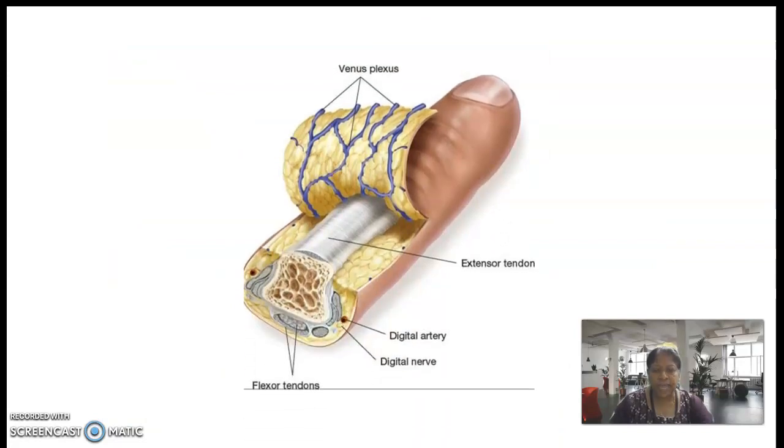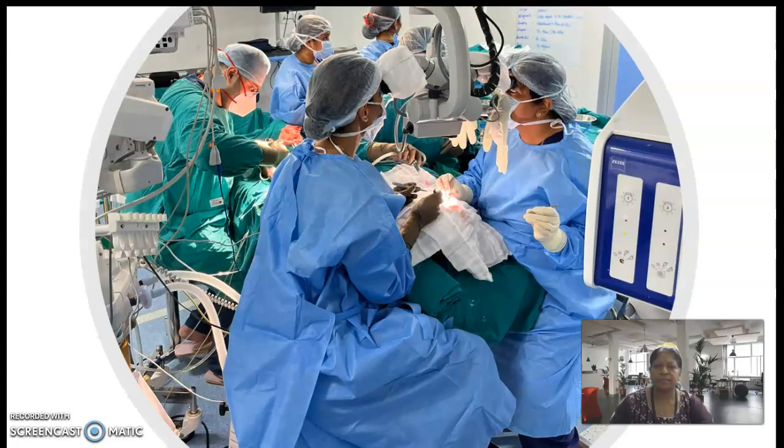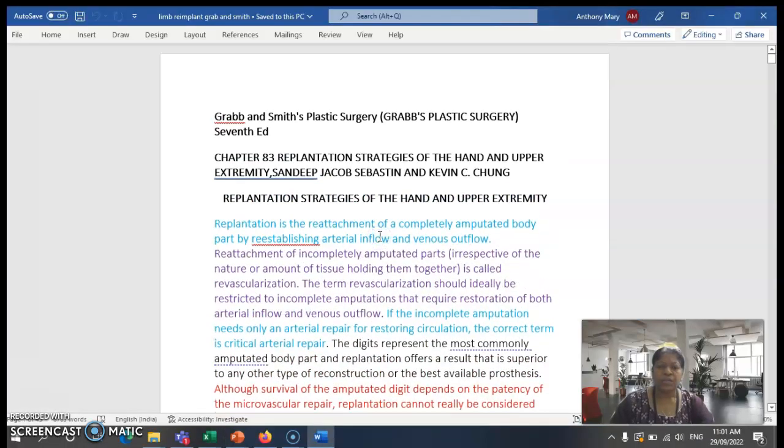So that the surgery is a success, the surgeon must be aware of the anatomy, the veins, the arteries, all at the minuscule level, tendon, nerves, the bones, the ligaments, all of them. This is a picture of us in our department using the microscope for a microsurgical procedure. And yes, we need to